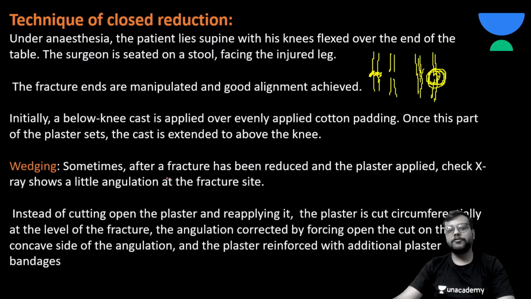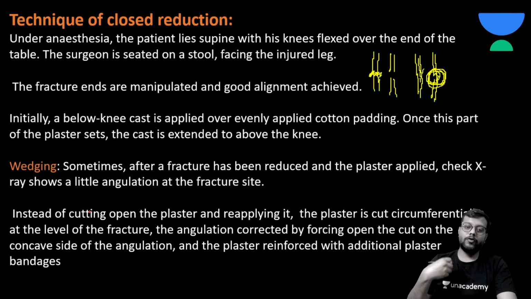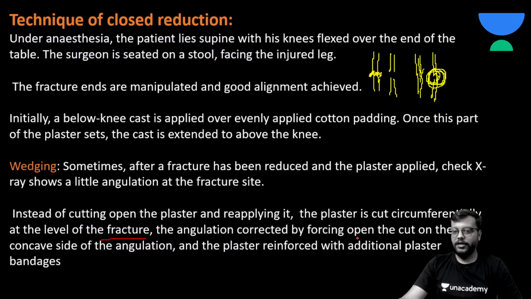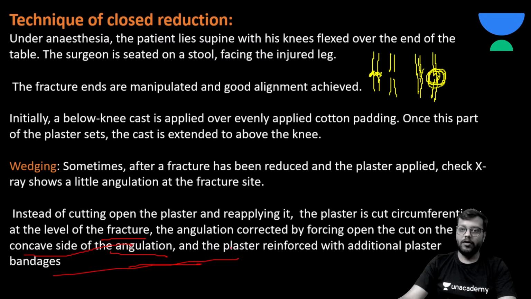So sometimes after fracture has been reduced and the plaster applied, check x-rays में a little angulation मिलता है आपको fracture side में. So instead of cutting open the entire plaster and reapplying it, just cut the plaster circumferentially at the fracture line, and then the angulation is corrected by forcing open the cut on the concave side of the angulation. Okay,